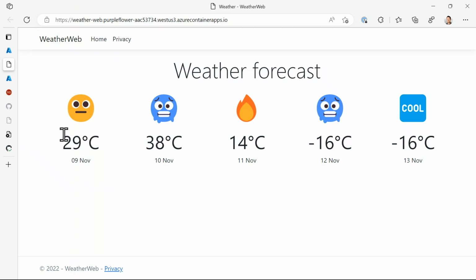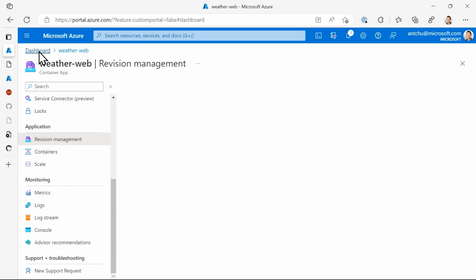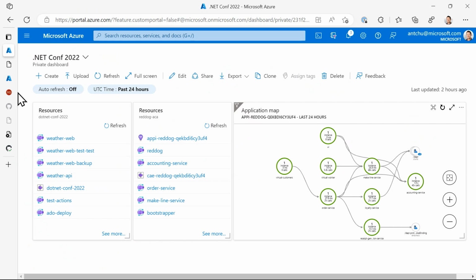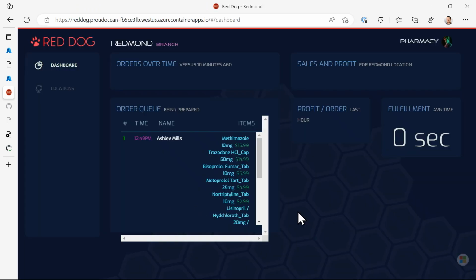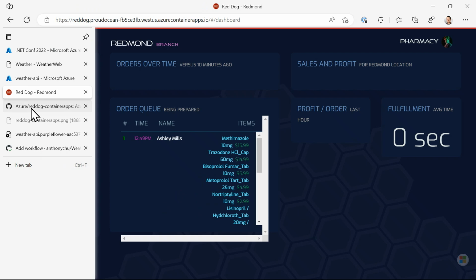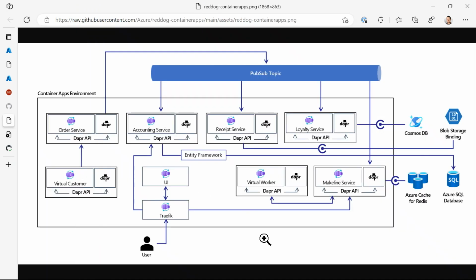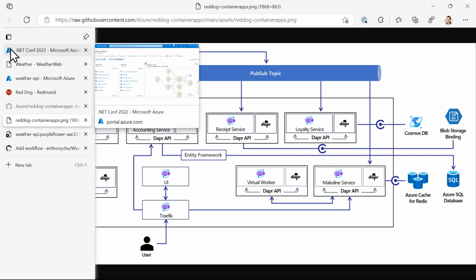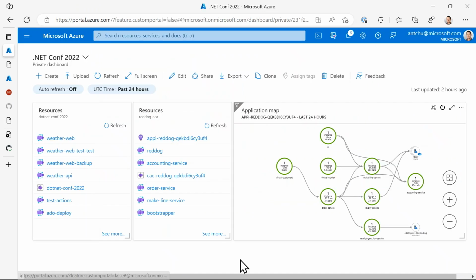And I'm going to show you a really quick demo on how Dapr fits into Azure Container Apps. If I go back to my portal here, I have deployed another application. It's a pharmacy application. It's constantly creating orders and then fulfilling orders. And we can look at the architecture. It's a much larger application, more representative of what people are deploying today in production. And I want to show you how we can observe and monitor this application because Dapr is enabled.